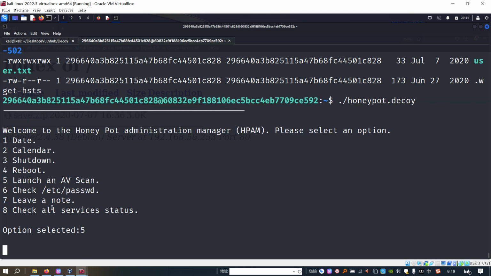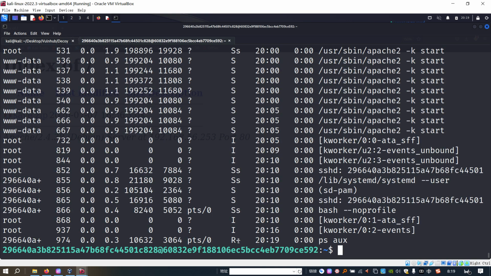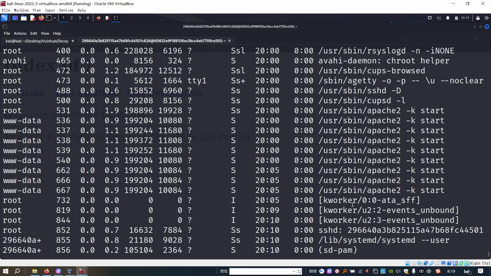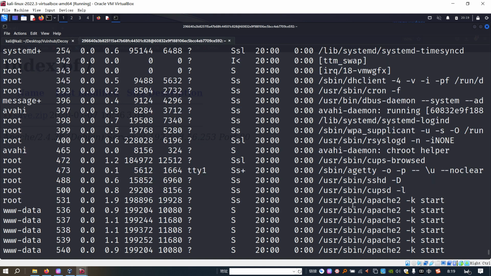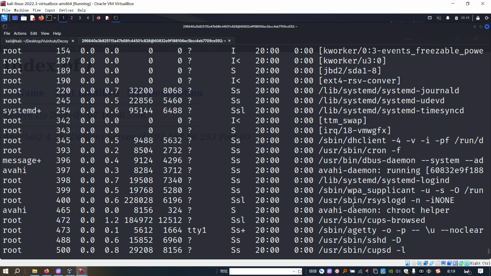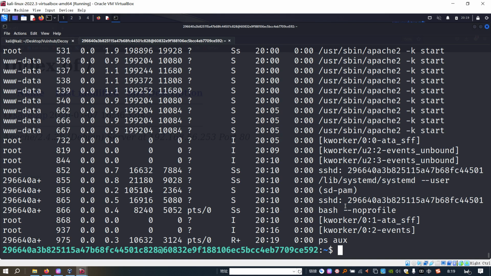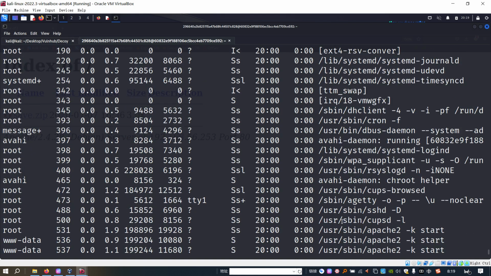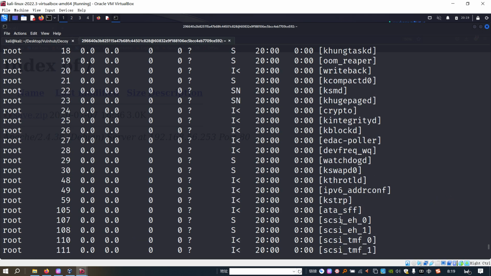Okay, for example, we can run the file, and it will be launched in a minute or less. We can use the ps command to see whether the checkroot kit has been launched by the honeypot decoy. Nothing. Maybe we need to give it some time.